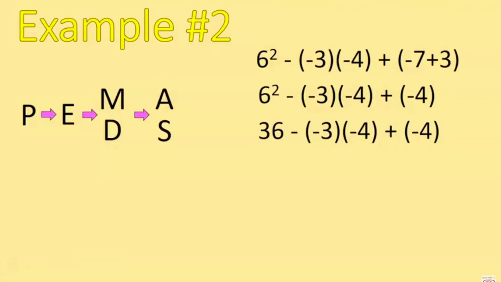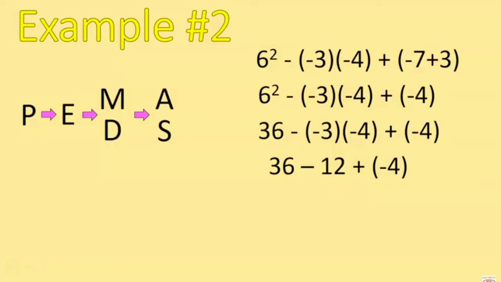So we're going to do multiplication first. Negative 3 times negative 4 gives us a positive 12. And this is the way that would simplify down. Negative times a negative is a positive. This is subtraction, so it remains the same. We have 36 minus 12